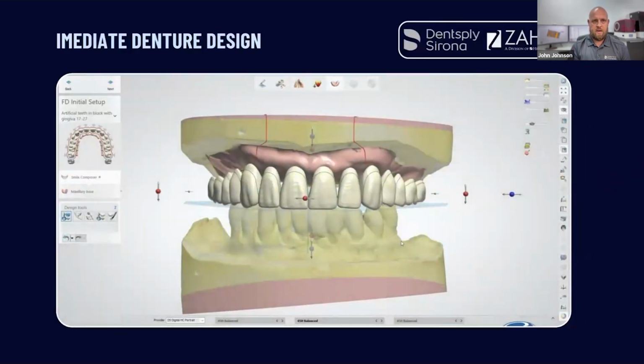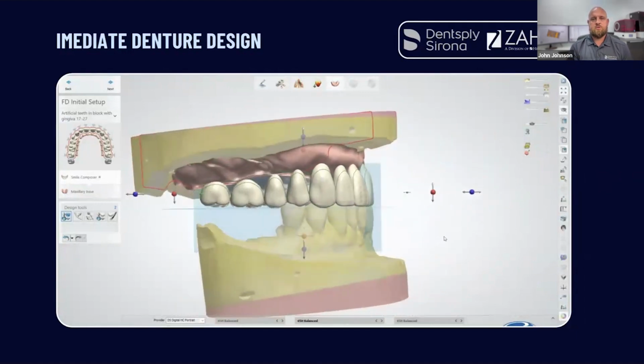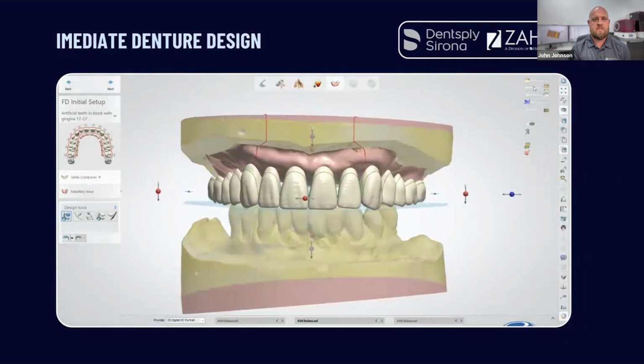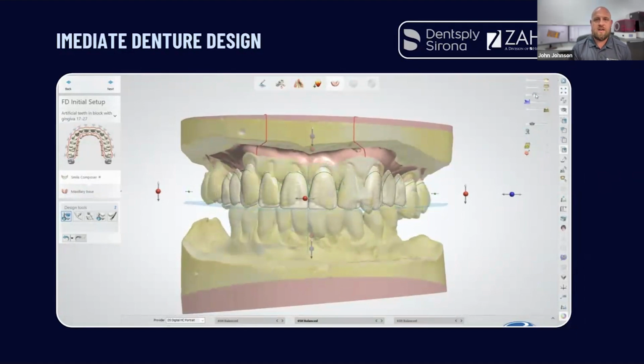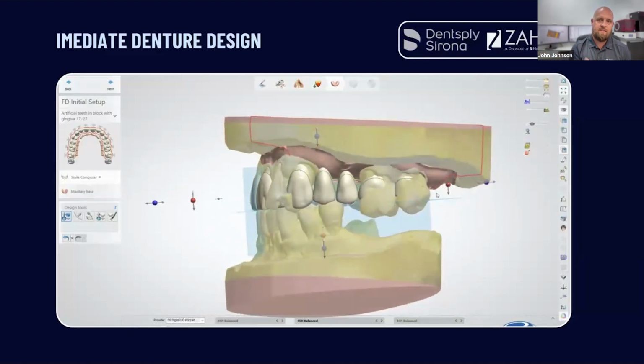I wanted to display the immediate denture. One really cool thing about immediate dentures is traditionally in the analog world, we're going to rip those teeth off the mounted model and then they're gone. We're going to make some notations on the lower, maybe as to where the midline is, where the incisal edge is. What's great is I can digitally remove those teeth from the model, and my model still sits in my case pan. And then, as I get into the smile design step, it allows me to have that